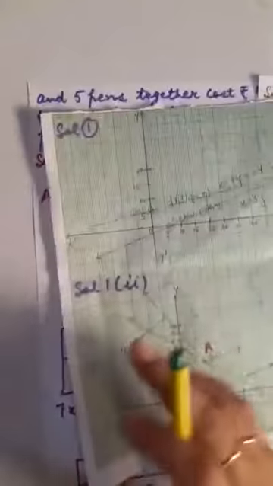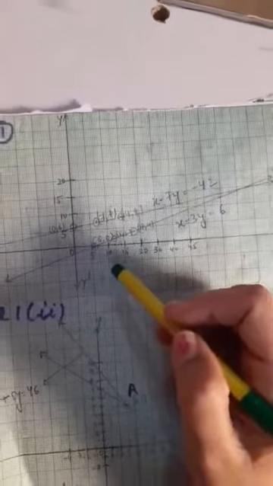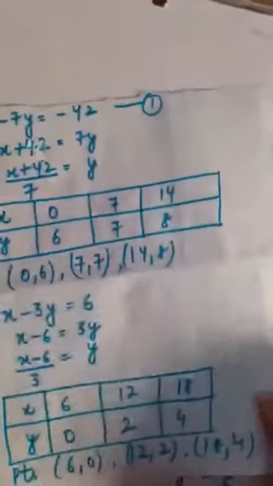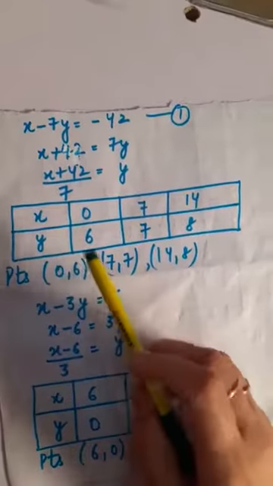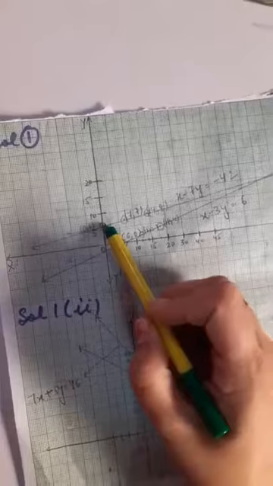Now please understand this carefully. I am talking about graph number 1. Please focus on it only. Here you are going to plot a Cartesian plane. This is the x-axis. This is the y-axis. Here, using these coordinates, I am just going to plot them. Let's see the very first coordinate. This was 0, 6. When x is 0, it must be plotted on the y-axis. So this I have done. This is basically 0, 6.